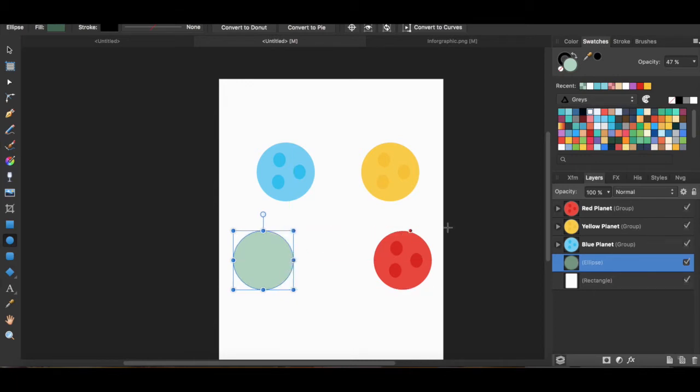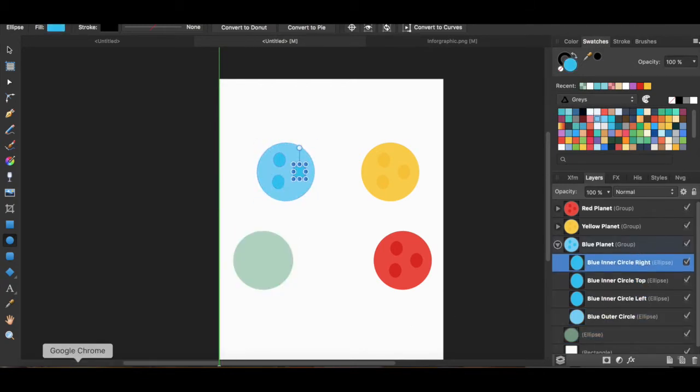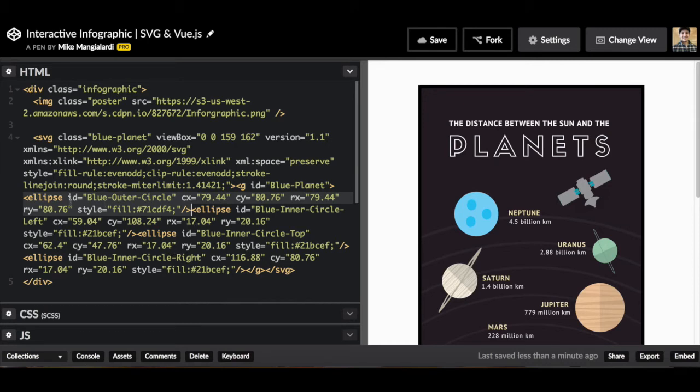vector graphic. So why we had to name all these specific shapes is, now that we can look, if you look at these ellipse tags, they have IDs. For instance, we see this is ID blue outer circle. So this entire ellipse tag is code for styling this outer circle of this SVG blue planet. So it's all one SVG code, which is our entire planet. However, we can do animations and change CSS properties for the specific shapes that make up this entire blue planet